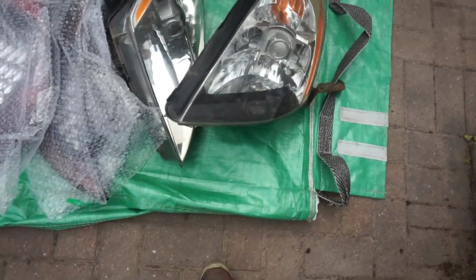This is what I have planned for today. I'm going to charge the battery. Oh, I am now. And I've managed to pick up a set of headlights, some rear lights and another Chargespeed